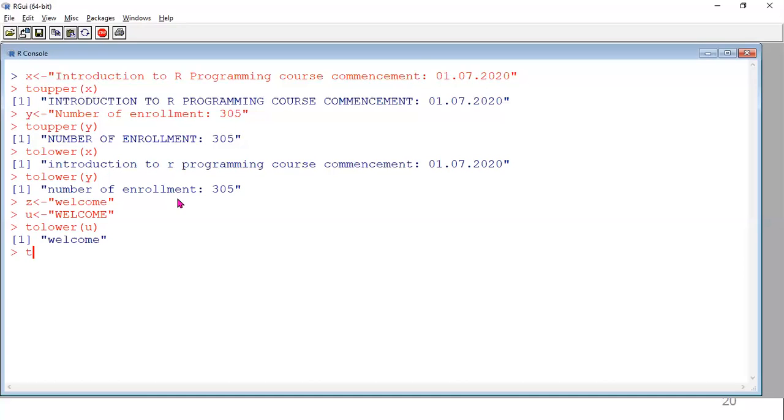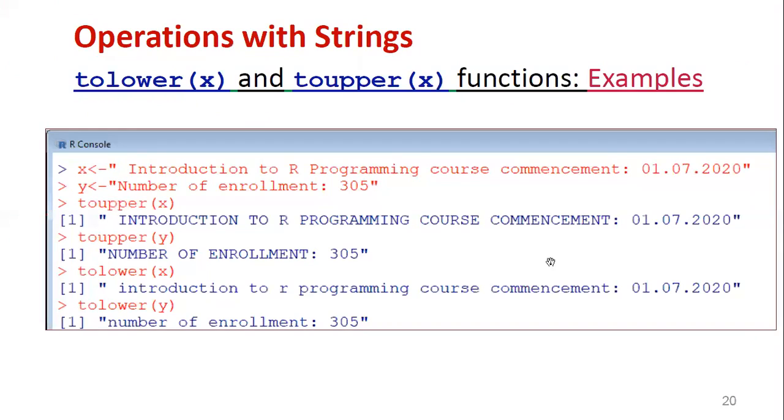Then toupper of the lowercase vector Z. Now "welcome", all lowercase, is converted into uppercase. So like that, you can directly take all in one case or combinations also. And finally the output will be either uppercase or lowercase by using the respective functions.